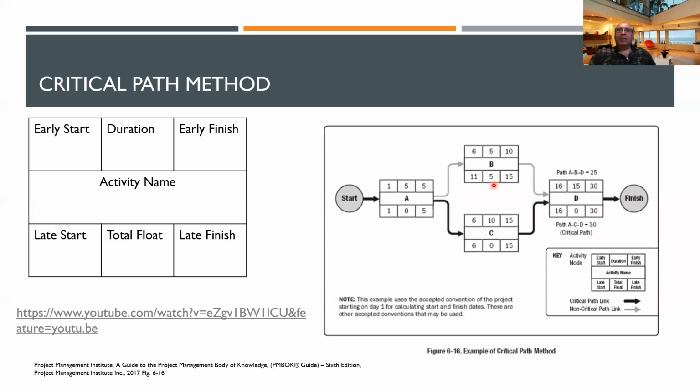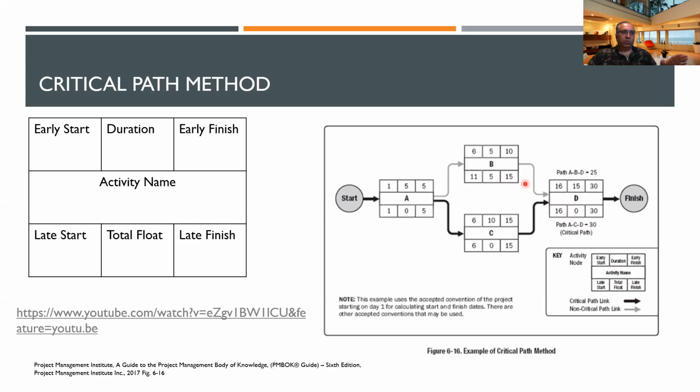Yes, right. So if it's delayed 1 day even, the early finish will go to 11. It doesn't matter. Still, you have to wait until the 15th day for this to be finished. If it's delayed, suppose 3 days, it will finish on the 13th day. Still, you have to wait 2 days. Even if it finishes on the 15th day, that's okay, because this has to finish on the 15th day. Then on the 16th day, you can start the next activity, right? So you have got a buffer, you have got some float, means you can delay this up to 5 days